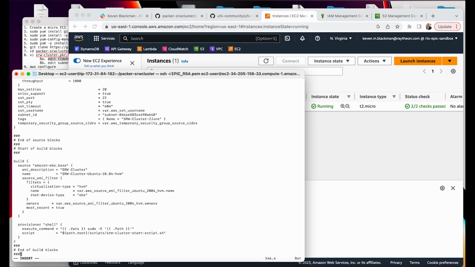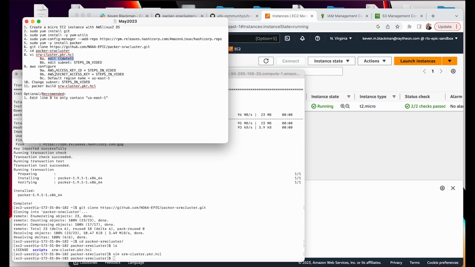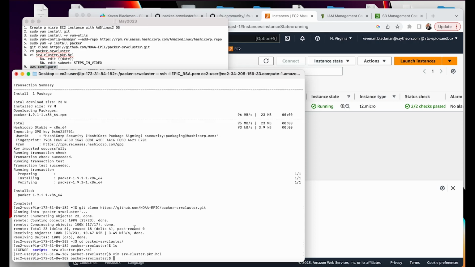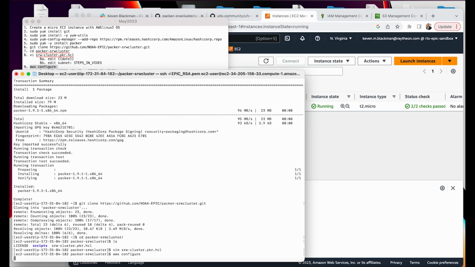So when I'm done, that's all I'm going to change. I'm just going to do escape, shift ZZ to save. And now I'm going to go on to the next step. So basically we have to put certs on this box to allow us to create an AMI in our account. So I'm going to type in AWS configure,